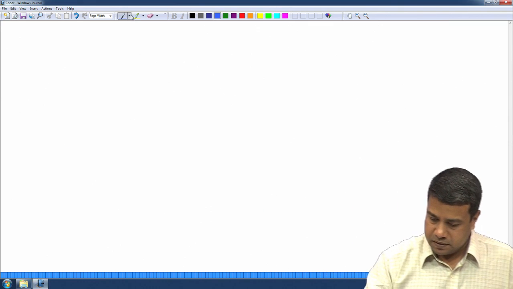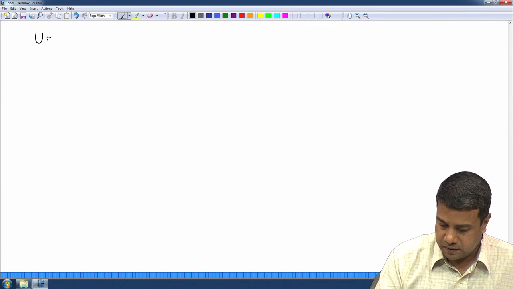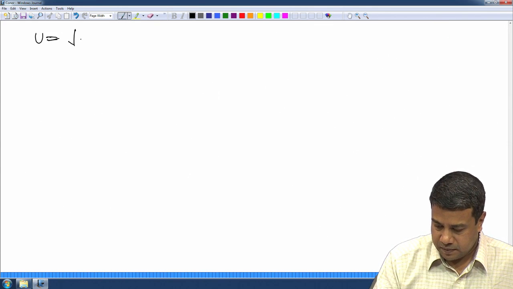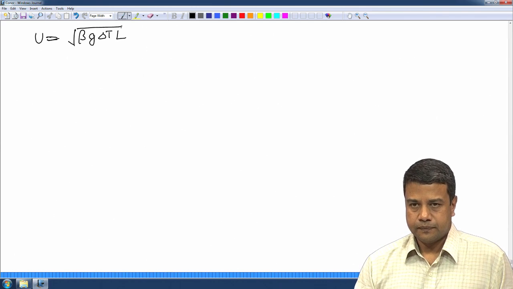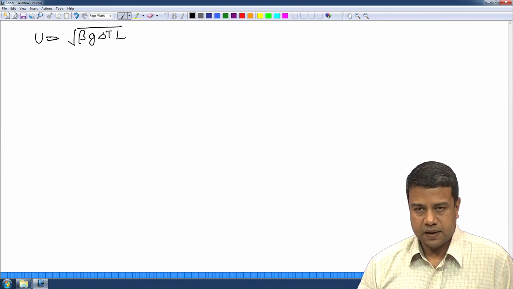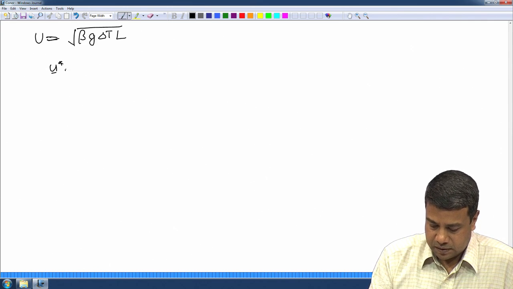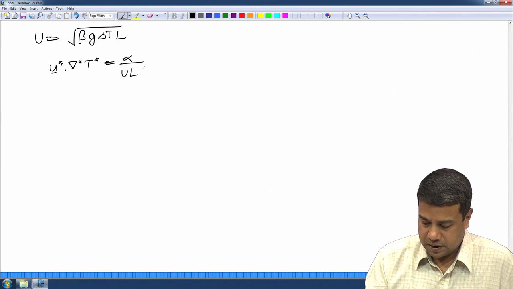To recall, the value of u is equal to root of beta g delta T into L. And my equations are of the form u star dot grad u star is equal to alpha by u L into